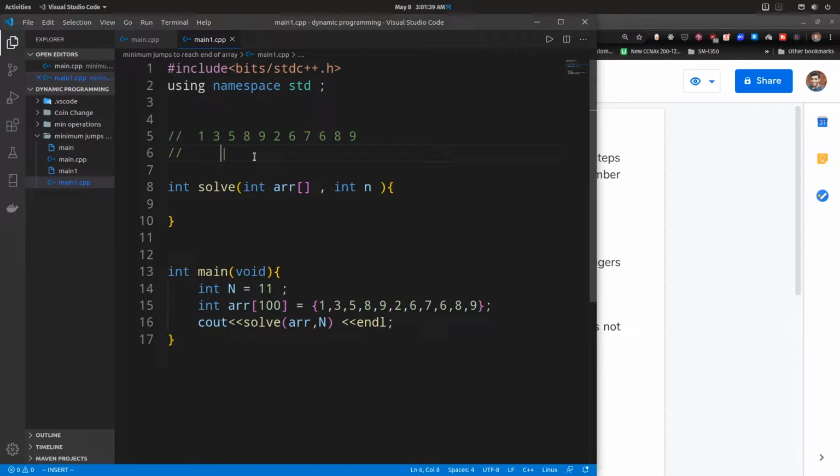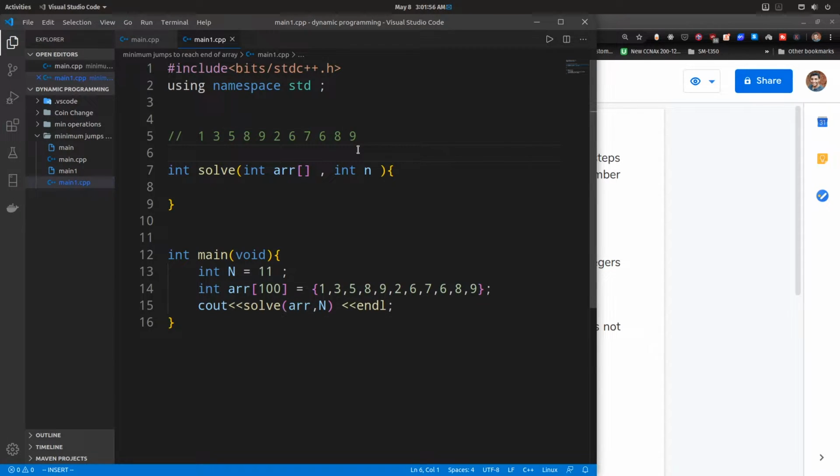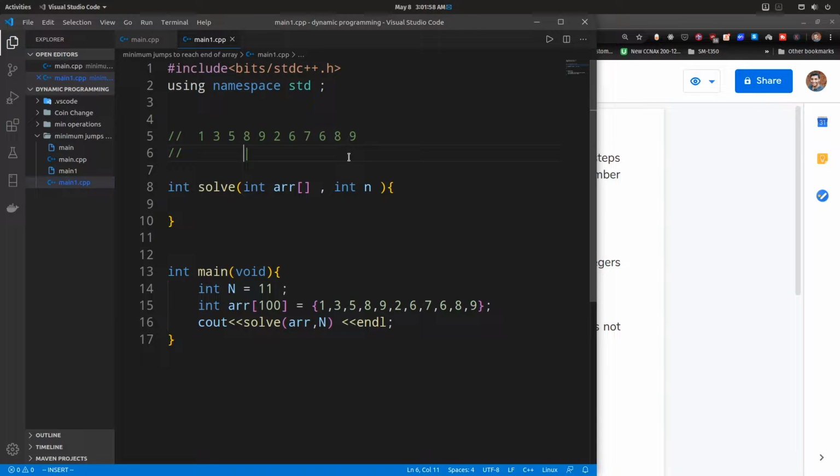So you can either take one step, that is go to 5 and then proceed, or you can directly take 2 steps in this jump and proceed, or maximum you can take 3 steps in this jump and proceed. Like this we continue until we reach the last element, and we need to find the minimum number of jumps to reach the last element of the array.